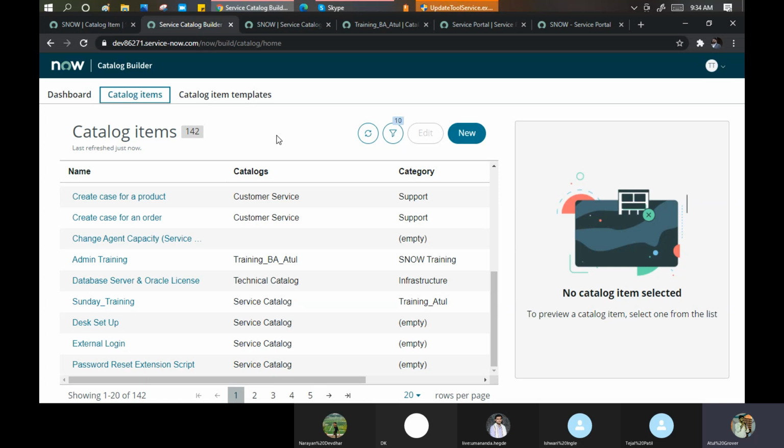And third, you need to understand the workflow. These 3 topics you need to read by tomorrow, and then we can discuss the next part. Catalog builder, flow designer, and workflow. And one more concept, low code versus no code.